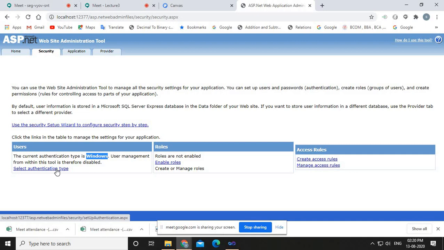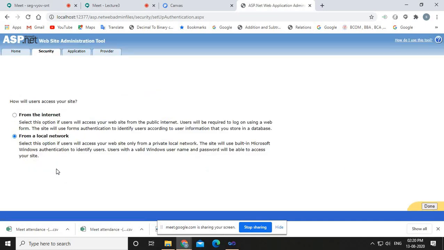So you just have to select this option, which is called select authentication type. Here two types are given, from the internet or from the local network, right? If you select from the local network, that means you are implementing an intranet site, and here the authentication mode will be Windows.